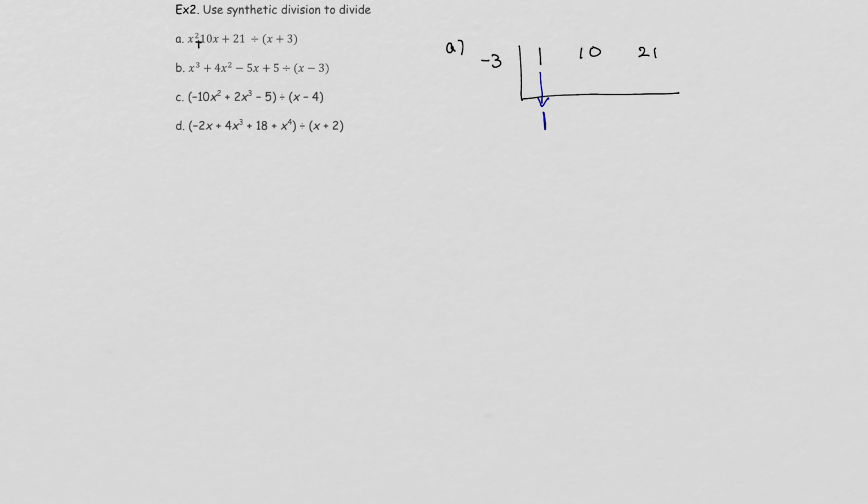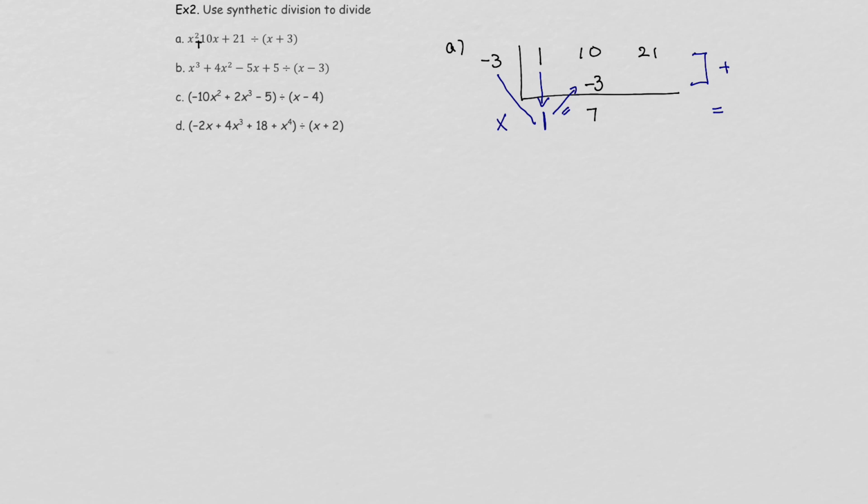So when you bring down 1, you're going to multiply negative 3 times 1, and you will write it down right here. So again, you multiply these two numbers and write it there as the solution. So negative 3 times 1 is going to be negative 3. And then these two lines, you're going to add them and write it on the bottom line. So 10 minus 3, you will get